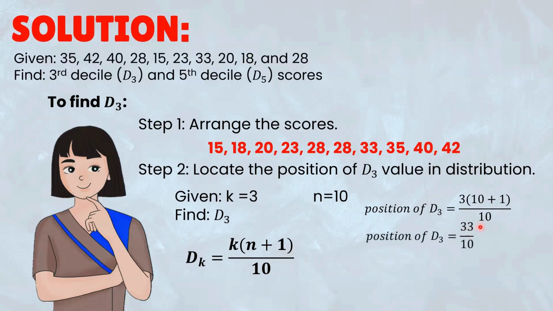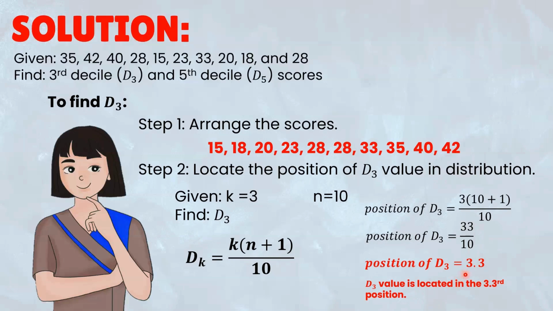We perform the operation. 10 plus 1 is 11, times 3, that gives us 33. And then copy over 10. 33 divided by 10 gives us 3.3, which means that the decile 3 value is located in the 3.3 position. And since our answer after using the formula is a decimal number, we have to proceed to step 3,